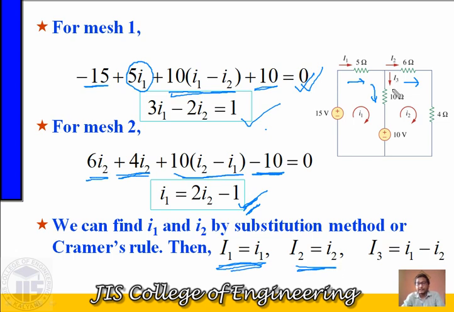Similarly, capital I3 is the branch current flowing through this 10 ohm resistance, from up to down. Which mesh currents flow through this 10 ohm resistance? The I1 mesh current goes up to down, and the I2 mesh current goes down to up. So the up to down branch current is capital I3, the mesh current I1 is downwards and I2 is upwards, so I3 is small I1 minus small I2. If you put in all these values, you will get all the answers.